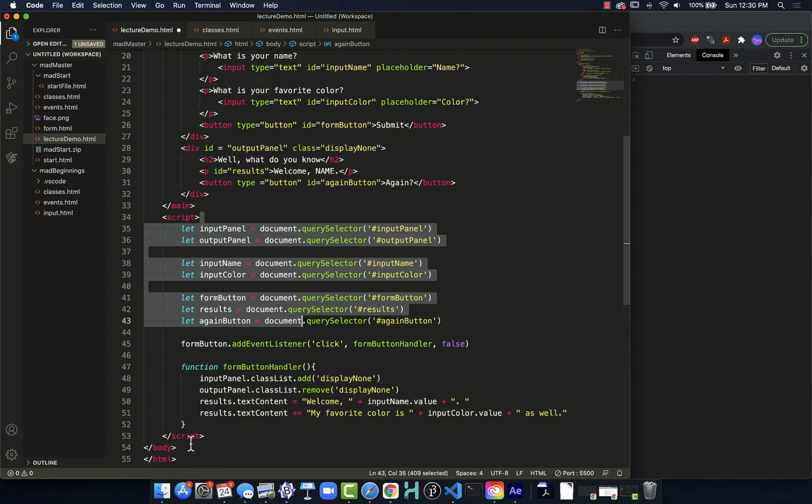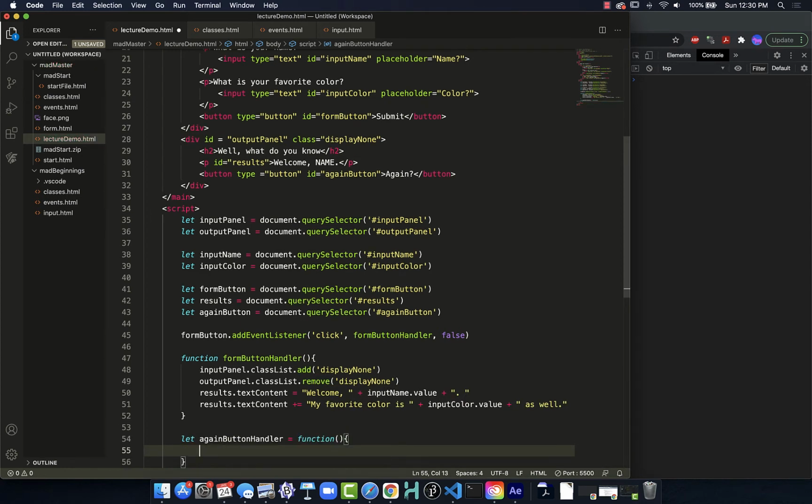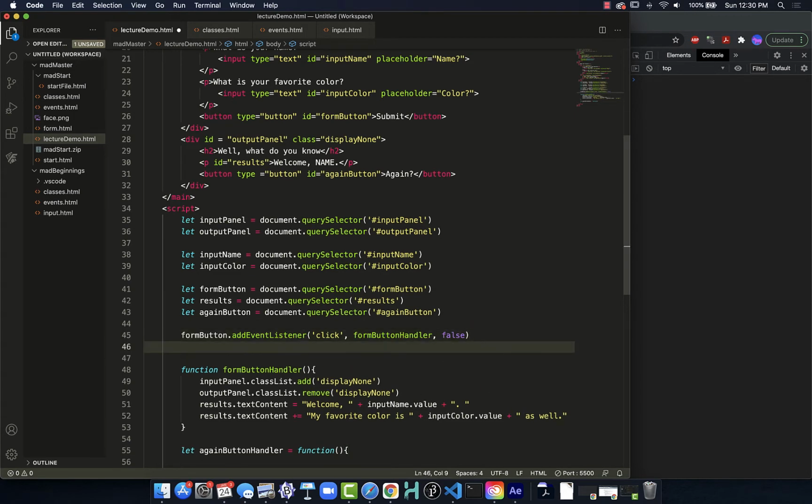but if we were to set the function as an object, so instead of writing it like this, if I were to say let again button handler equal function, which is a perfectly legitimate way of listing a function. So we list it as a variable object, and that's a normal way that we will encounter functions in JavaScript at times. If we do that and then